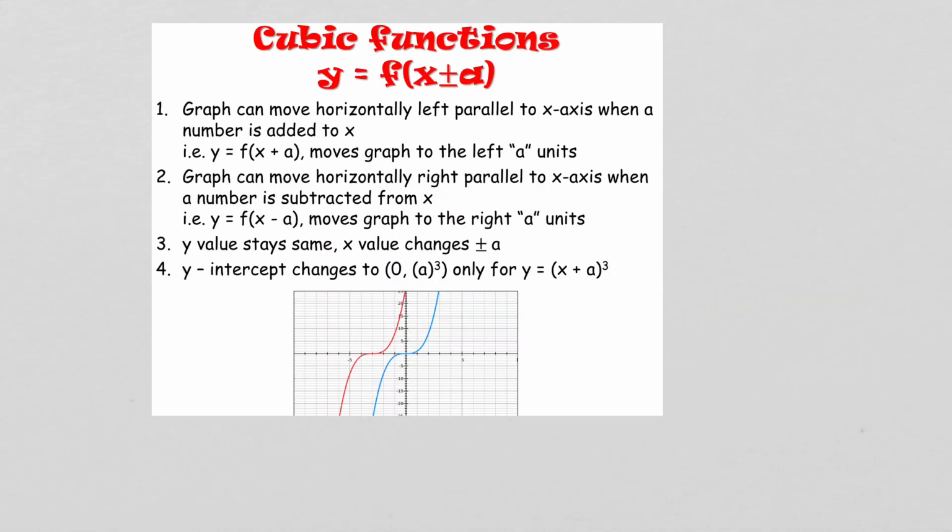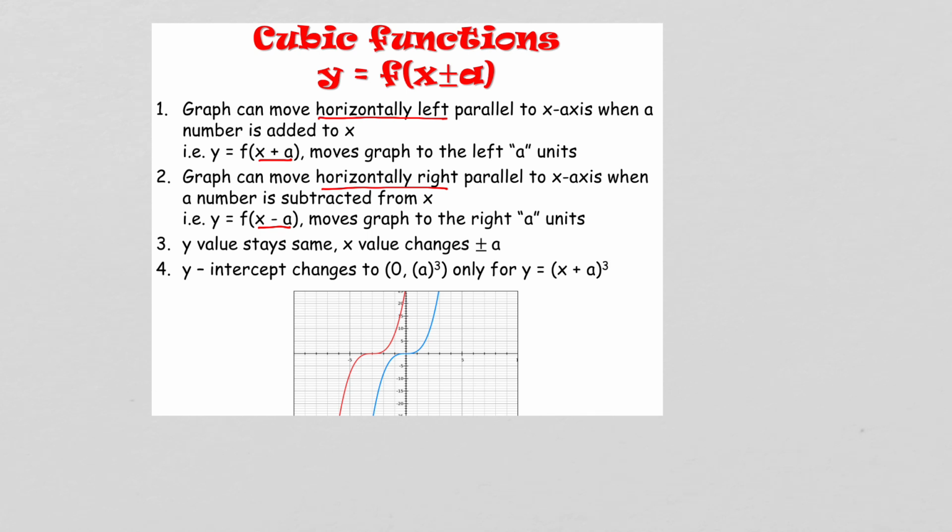So if we look at f of x plus or minus a, in other words, we're adding or subtracting a number to x, then what happens is our graph moves horizontally left if it is x plus a. If there is a number subtracted from x, then the graph actually moves horizontally right. So it's almost counterintuitive. So if we were to look at the graph here,